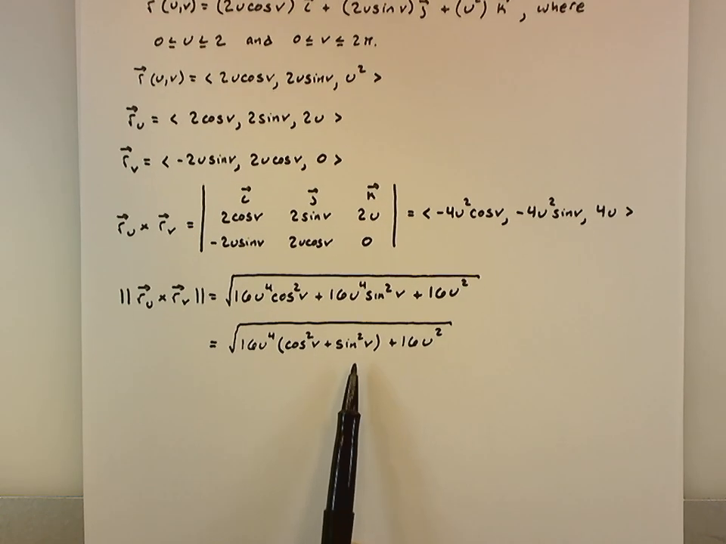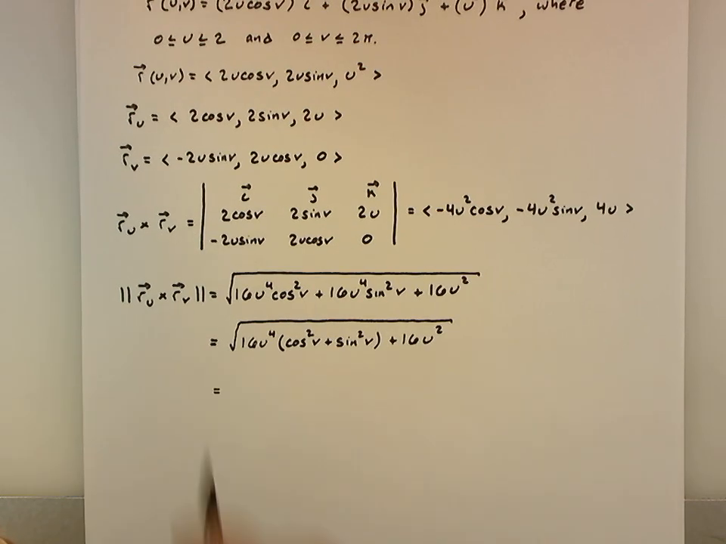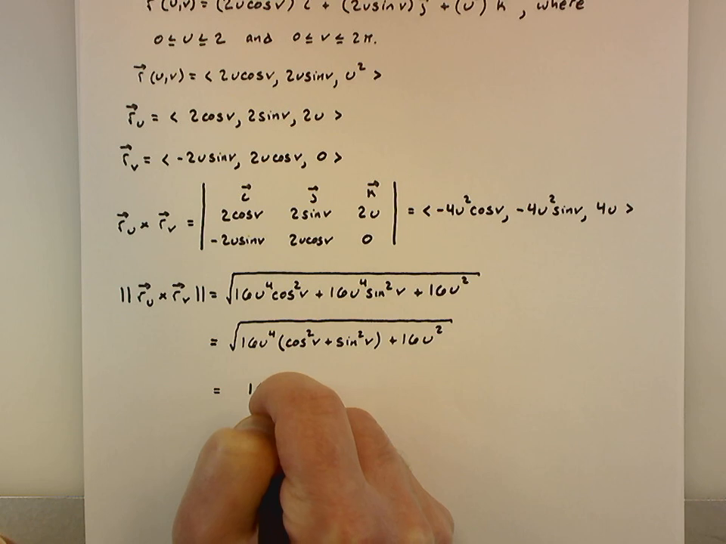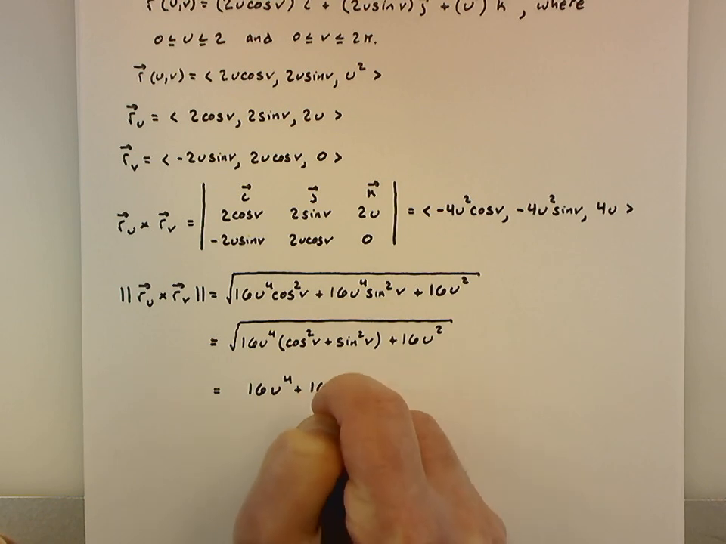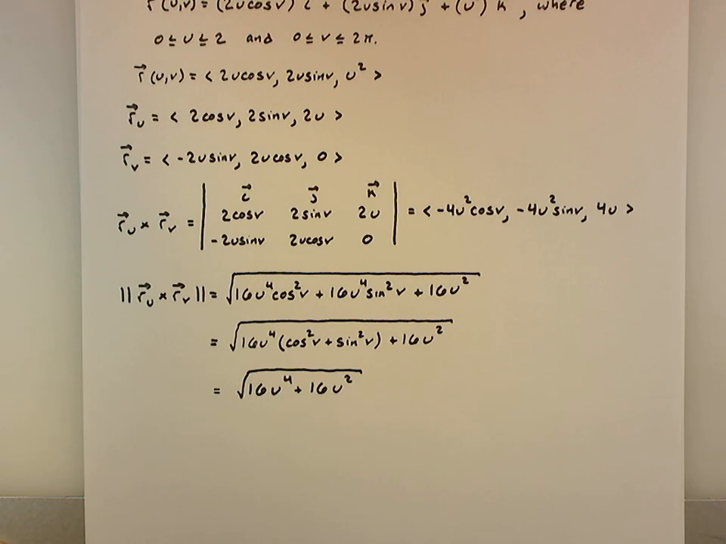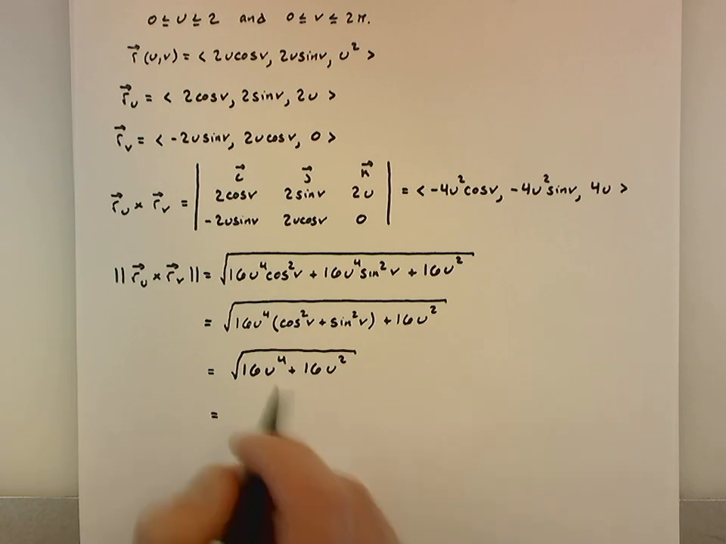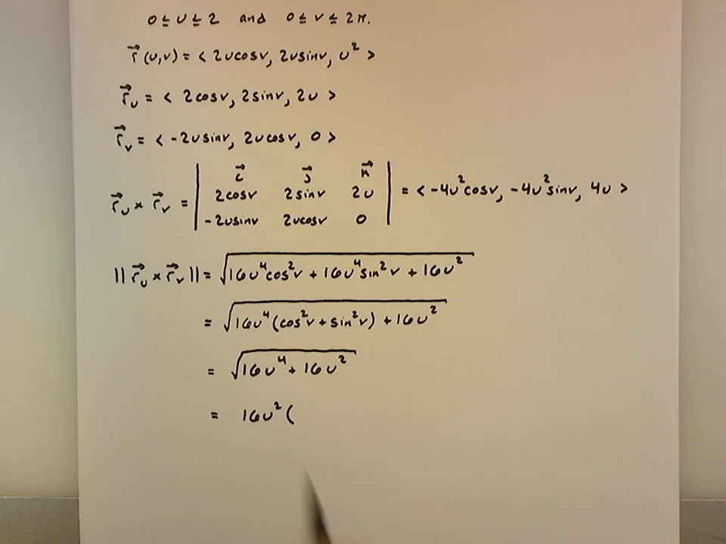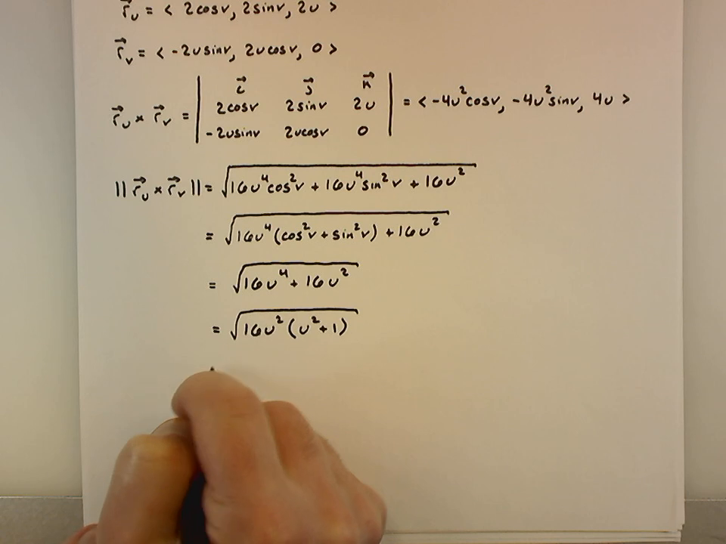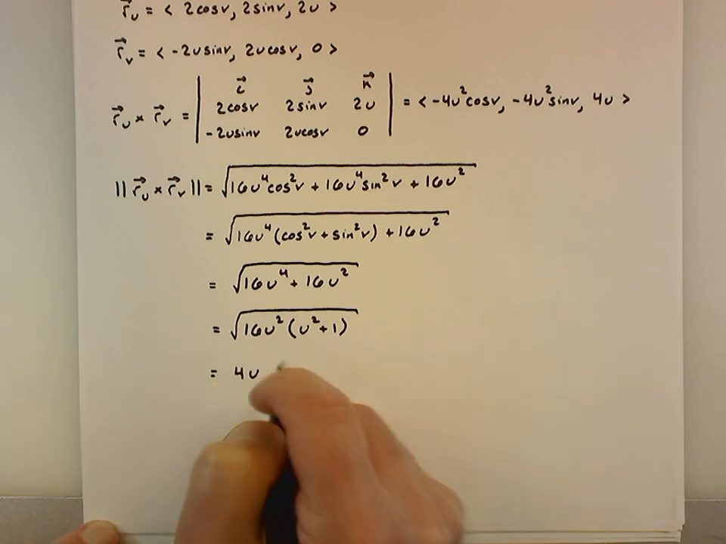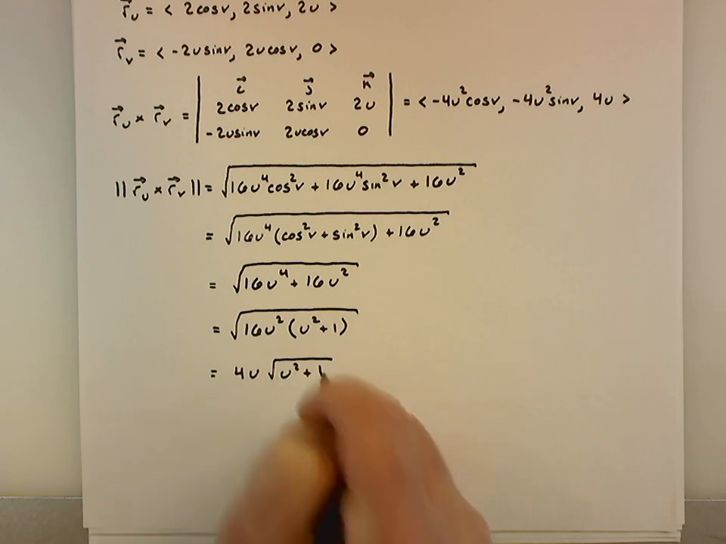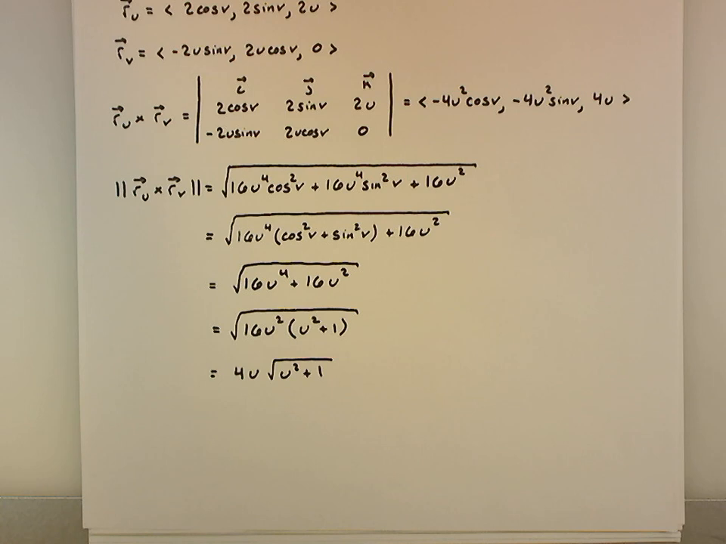Cosine squared v plus sine squared v is equal to 1. So the radicand turns into 16u to the fourth plus 16u squared inside a square root, which if I factor out a 16u squared, I'm left with u squared plus 1 inside the square root, which is equal to 4u multiplied by the square root of u squared plus 1. So once I simplify the magnitude of the cross product,